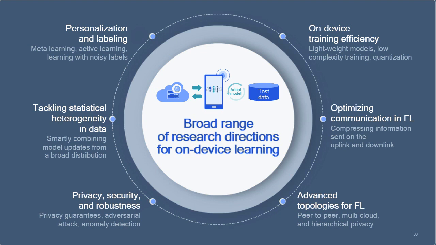On the top right, in this on-device training efficiency, we talked about lightweight models. We talked about invertibility and quantization. There are still more angles to this and more variations of what we can do. We gave some examples just to give a good illustration of what's possible. In the space of federated learning,